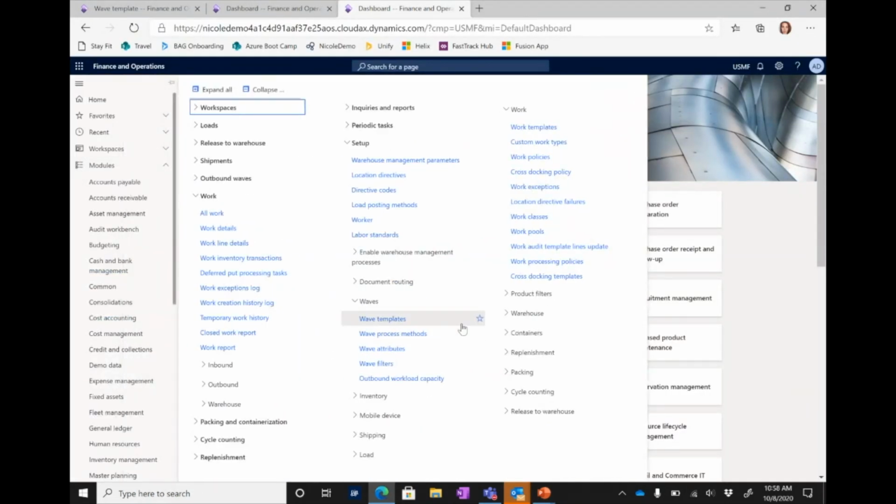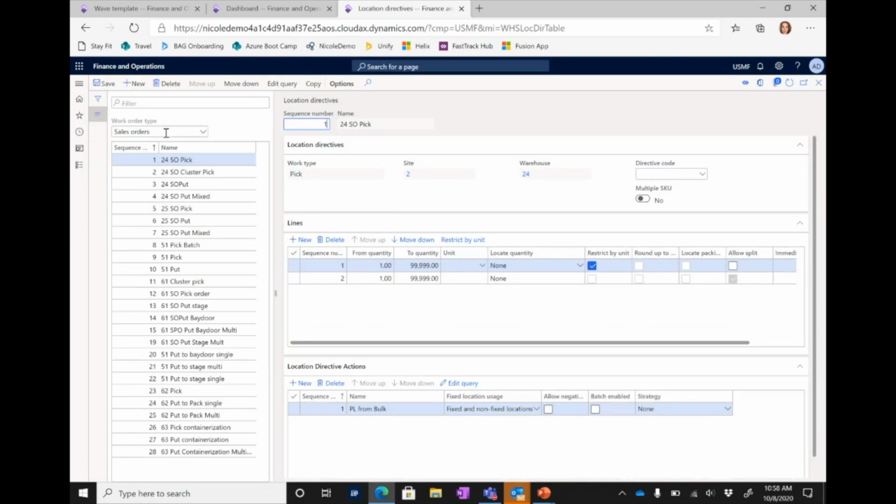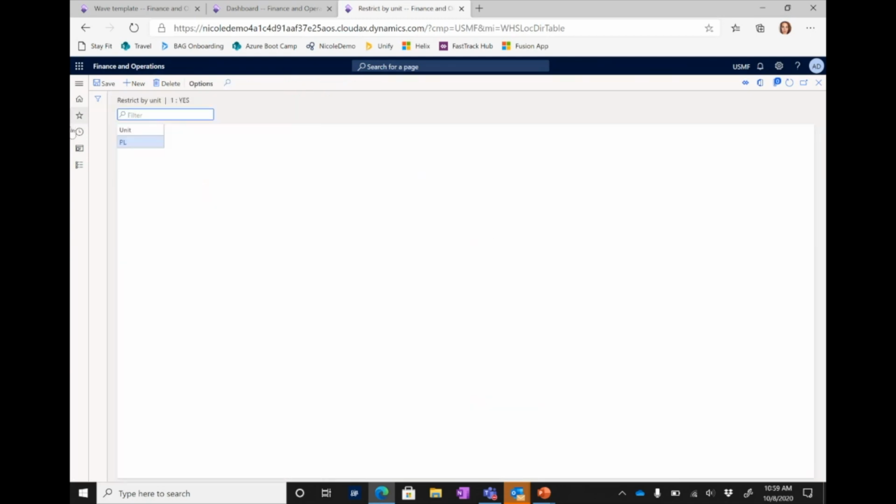So if you have a scenario like that where it's not a clean conversion to full pallets of inventory, let me bring up the sales order location directives here. You'll see our warehouse 24. This is our picking directive for sales orders. With this setup, you'll see we've got two sequences in the middle grid, which is our how many and which units. We have restricted the units to being just a unit